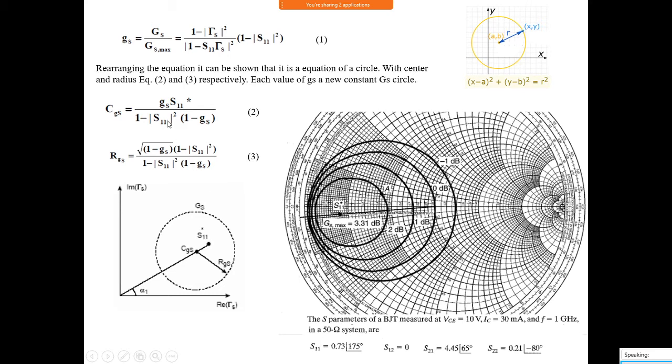So we will be getting the center, which is a complex number, and the radius, which is a real number. How to draw it on the Smith chart? This is complex, so it has a magnitude and an angle. The center is a complex center. If you do this, we will get a complex number with a magnitude and angle. How to fix the center?